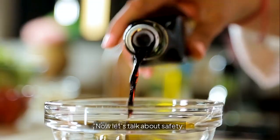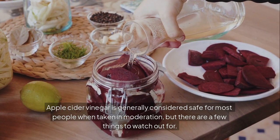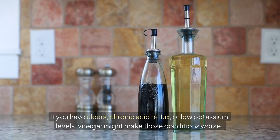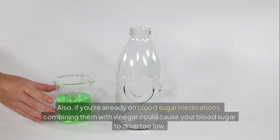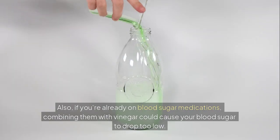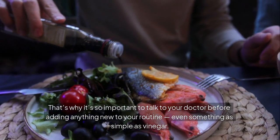Now let's talk about safety. Apple cider vinegar is generally considered safe for most people when taken in moderation. But there are a few things to watch out for. If you have ulcers, chronic acid reflux, or low potassium levels, vinegar might make those conditions worse. Also, if you're already on blood sugar medications, combining them with vinegar could cause your blood sugar to drop too low. That's why it's so important to talk to your doctor before adding anything new to your routine, even something